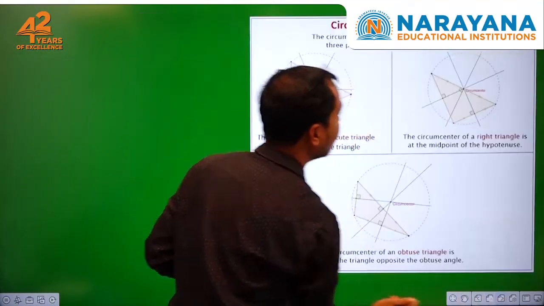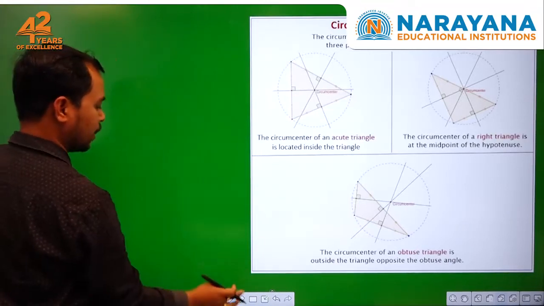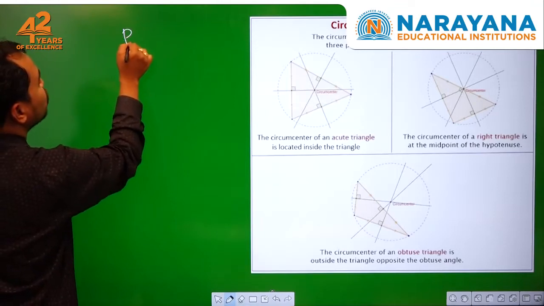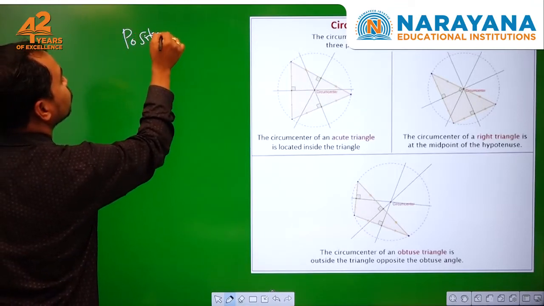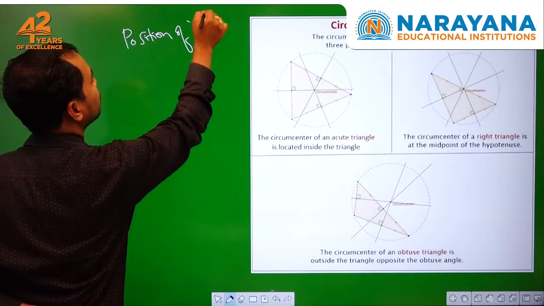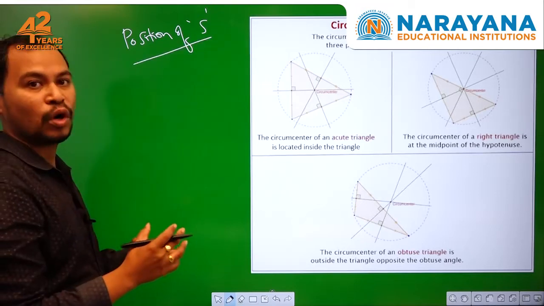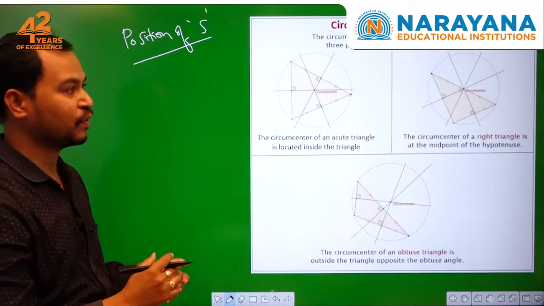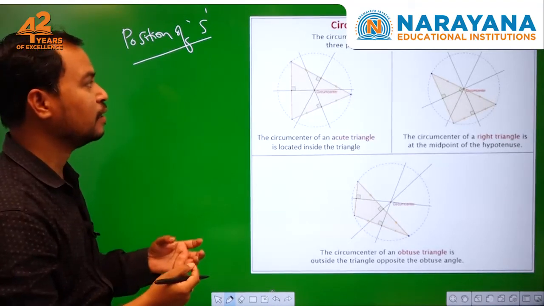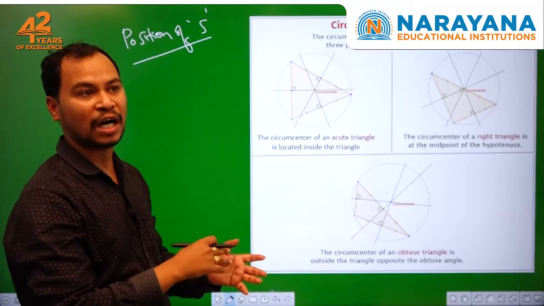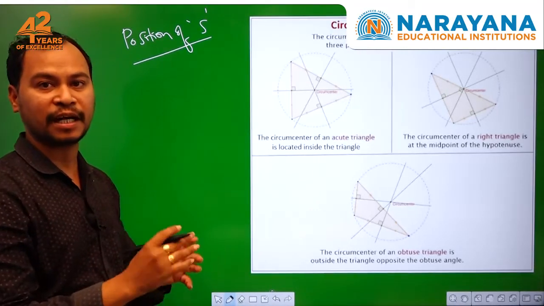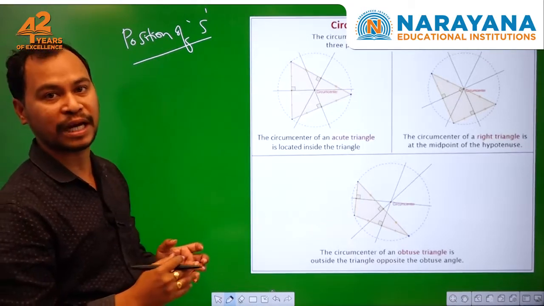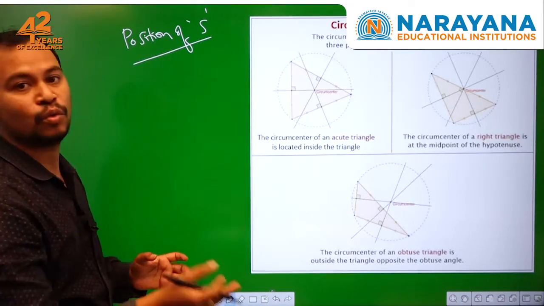Now see the position of the circumcenter of a triangle. In general, what is the position of S? Before, we discussed the centroid. The centroid G always lies inside only. Why? Because it is like the gravitational center. The incenter also is always inside; in the name only it is there, the incenter lies inside. Next, before we discussed the excenter. Excenter means outside, so the excenter always lies outside of the triangle.